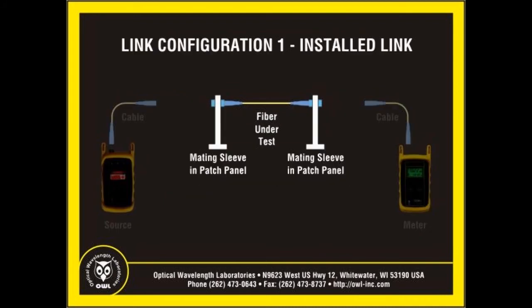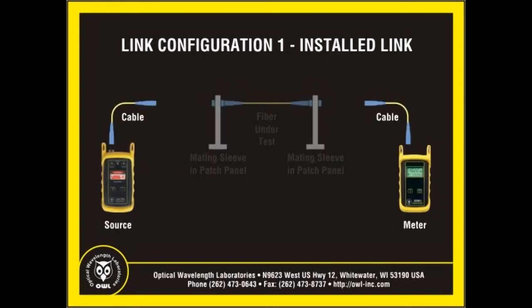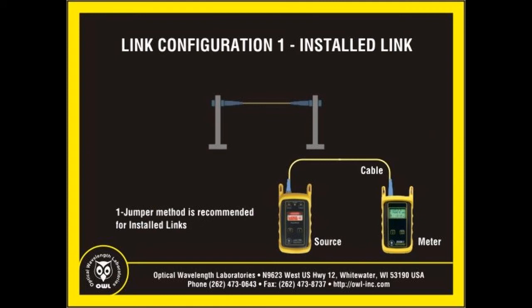The first link configuration we will look at is typically considered to be an installed link. An installed link looks like this. The mating sleeves in this case are probably installed into racks and/or patch panels. This is by far the most typical link configuration. What remains are the two test cables, the light source and the power meter. The recommended reference method here is the one jumper method, where the test cable attached to the light source becomes